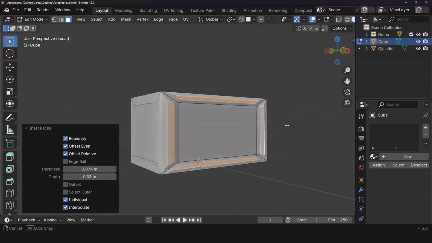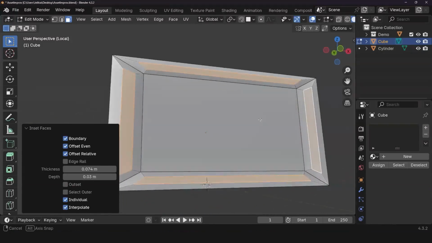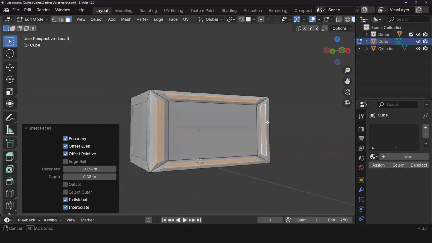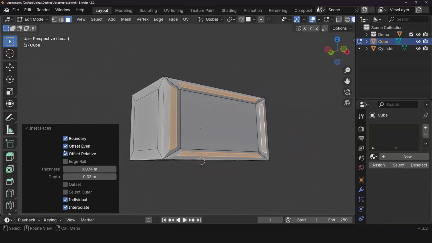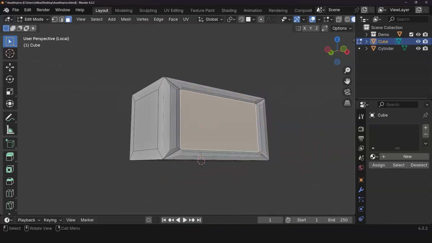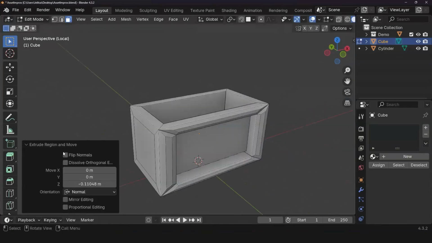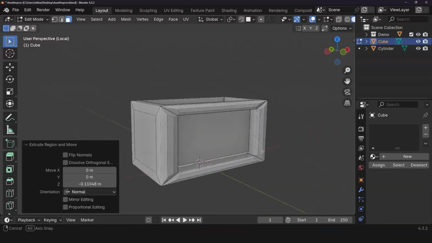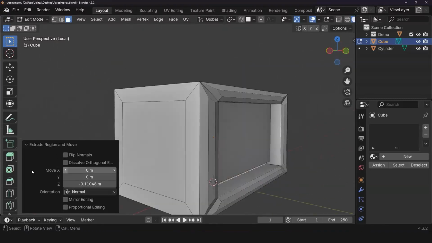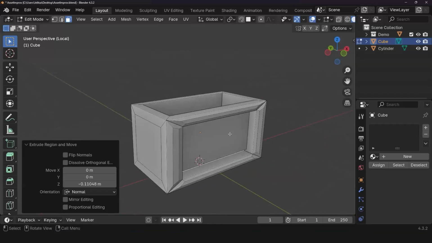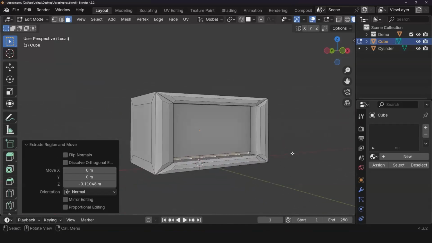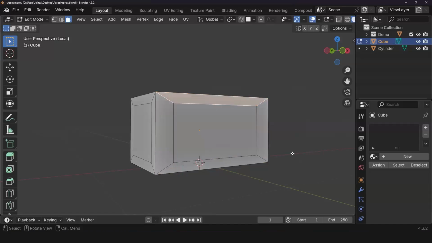So when you do any special tasks, there's going to be a menu that pops up in here. For example, if I press E to extrude, another drop down opens up here. So when you're doing things, definitely pay attention to this bottom left-hand side, because this is kind of like your companion. But remember, you would have to redo the function in order to get back to this menu. So this is really important to know. So I'm going to Control Z out of this.